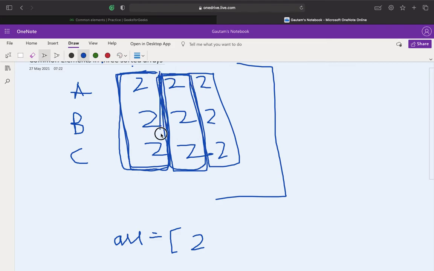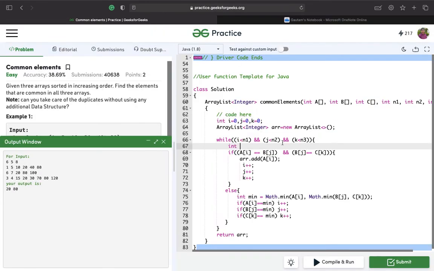And now when we come over here, we check if the array list size is greater than 1 and the element which we are adding is already present, so we'll simply not add it. Again we'll simply check if the element we are going to add is present in the array list. If it's present, we'll not add it. So now let's see how we'll do that.